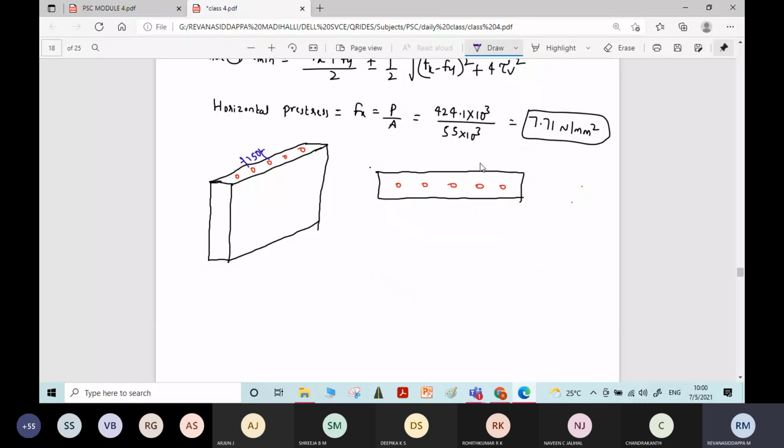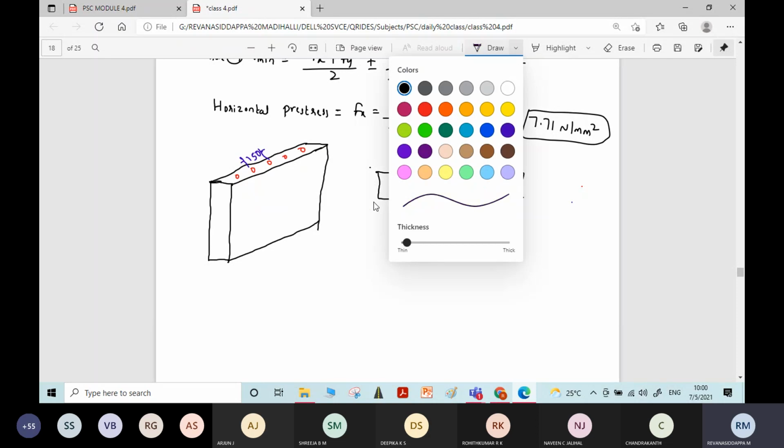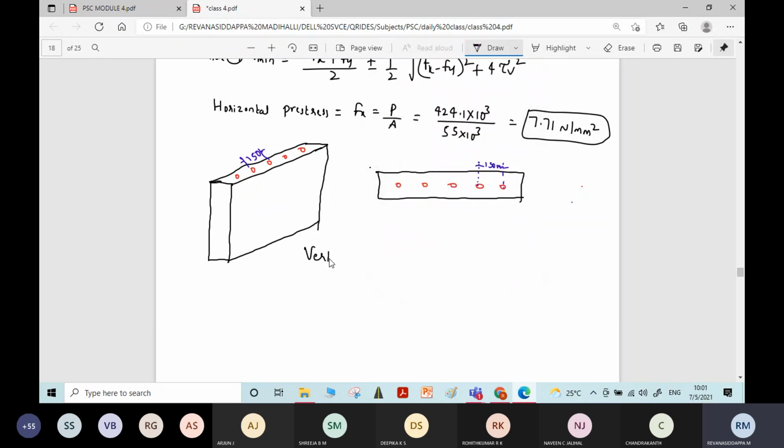It is 150 mm center to center. Okay. Now we need to find Fy, the vertical pre-stress. Vertical pre-stress is equal to Fy, and again stress will be force by area, P by